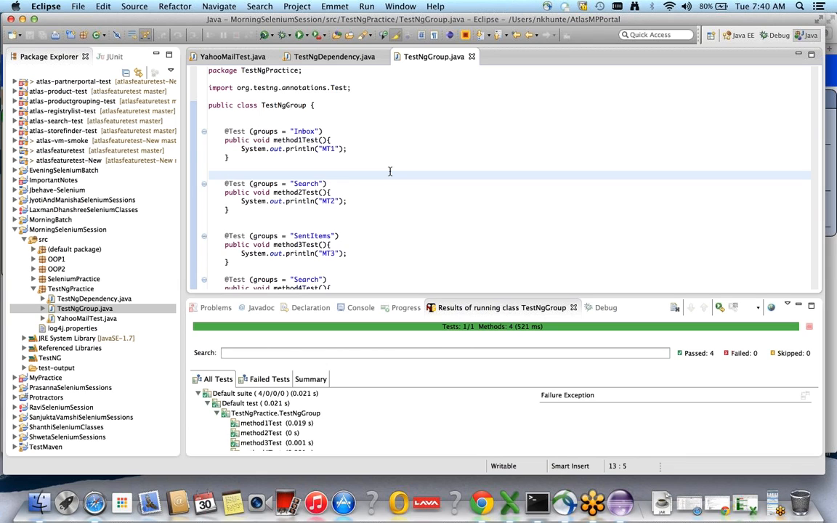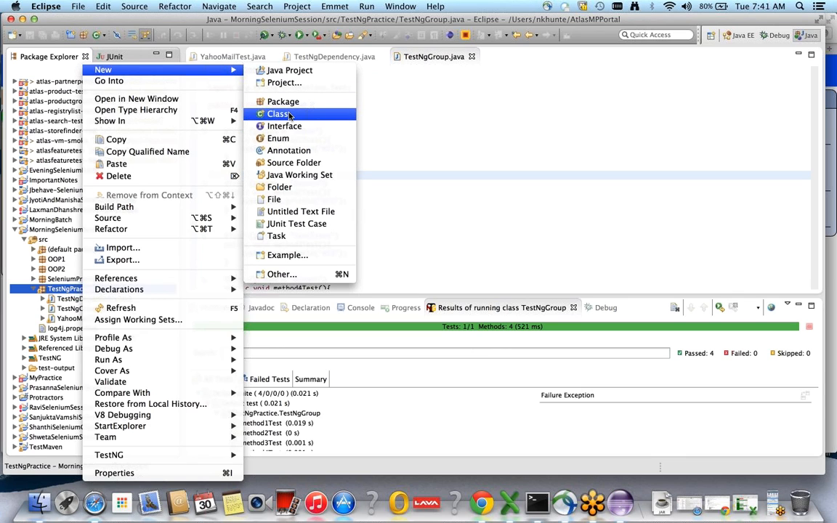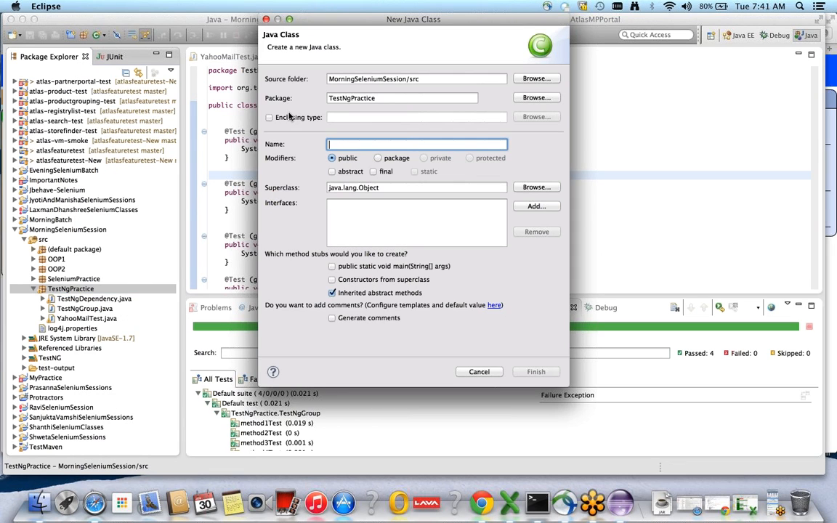Now this is called groups in TestNG. Now let's write some basic Selenium code. How can you write Selenium within TestNG? So let's see, I'll write